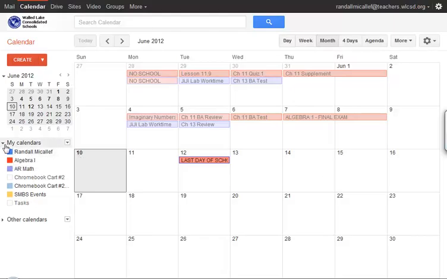I have my calendars over here that you can open and close. My personal one, Algebra 1, AR Math or my Algebra Readiness, my carts that we sign out, and then school events. But for something like a cart, a laptop, or even a lab that you want to share with others and have other teachers add in, maybe within your organization, or even a personal calendar that you're sharing with people that you want to be able to collaborate with, you are going to click on the little arrow that comes